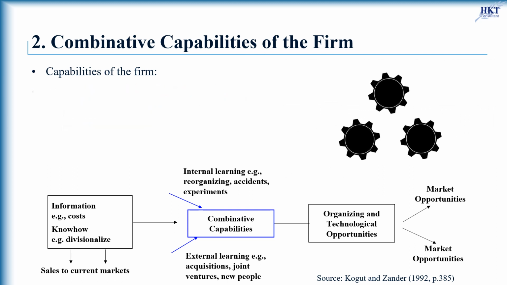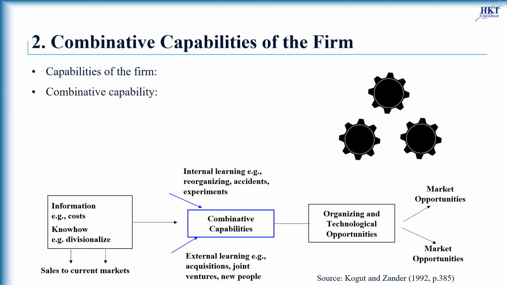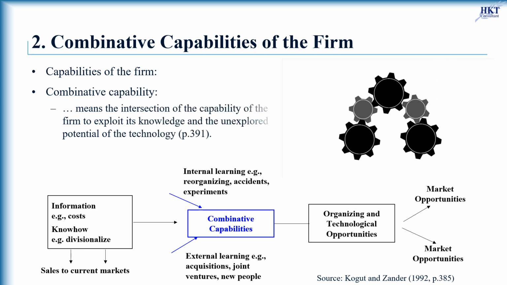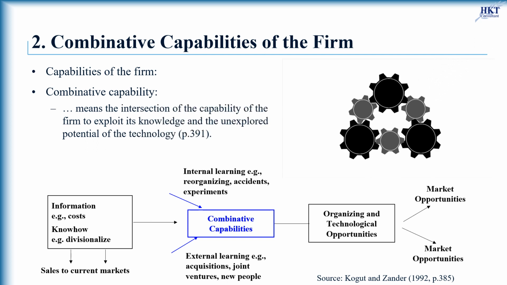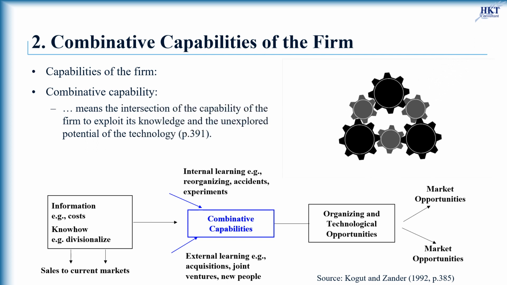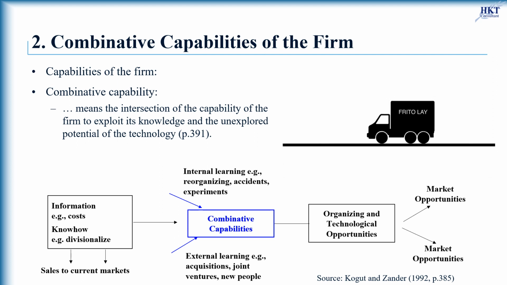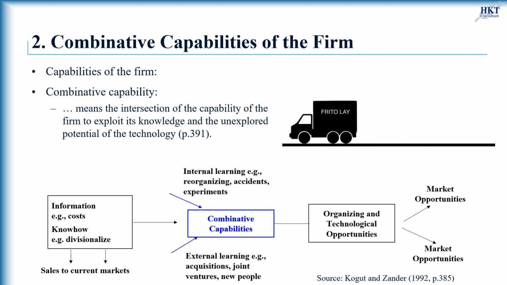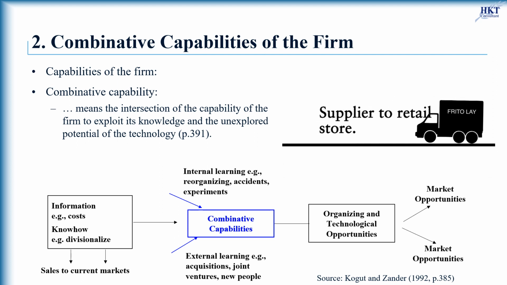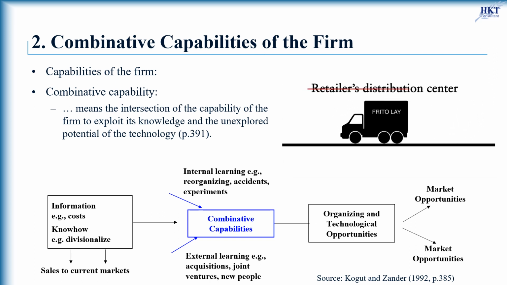For explaining how firms learn and develop their organizational knowledge, Kogut and Zander introduce the concept of combinative capability, that means the intersection of the capability of the firm to exploit its knowledge and the unexplored potential of the technology. They develop a dynamic perspective by suggesting that creating new knowledge does not occur in abstraction from current abilities. Rather, new learnings such as innovations,